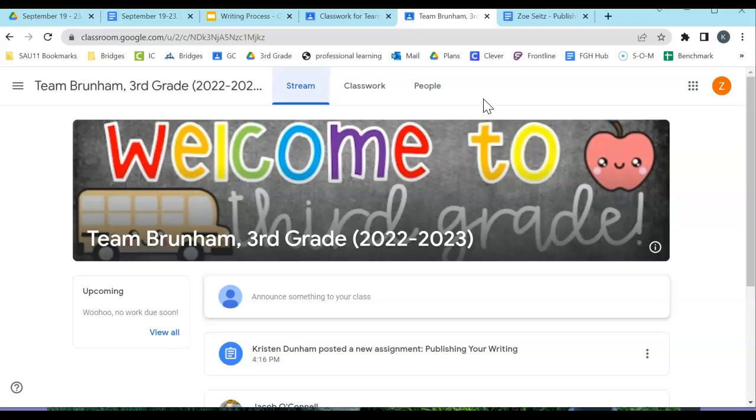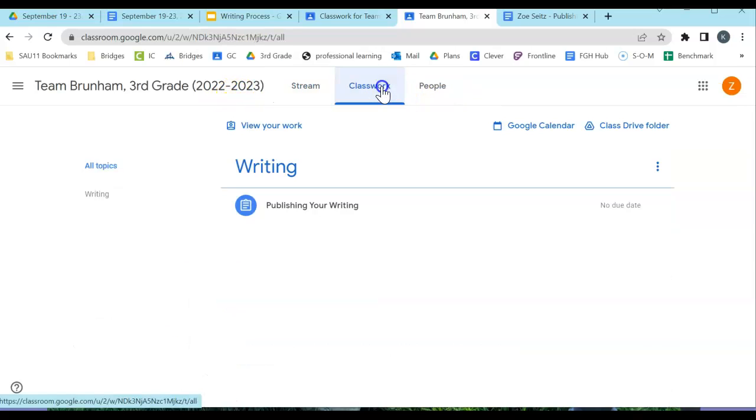So here's how we're going to get to publishing today. Like I said, we're going to be doing this through Google Classroom. Yours may look a little different than mine, and that's okay. Your teacher can explain it to you as you go. Teachers, I'm going to have you get your own students to Google Classroom because I'm not sure how you've done it in your classroom. But kiddos, you will go to classwork, and under the headings, you're going